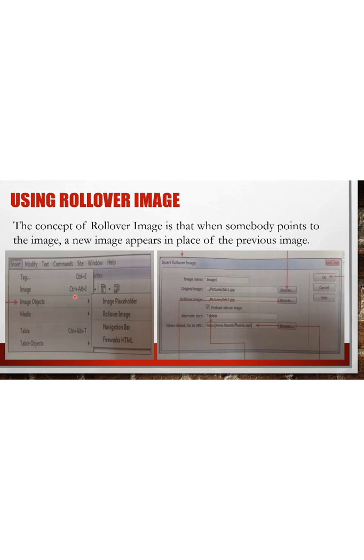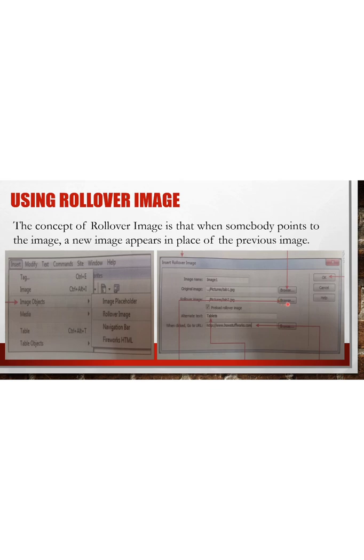Now how to use the rollover image? We have to click on the insert toolbar. Then under the insert toolbar, you can see the image objects option. You have to click on this, then click on rollover image. Then a dialog box will open for rollover image. In that you will be able to browse the original image and select the rollover image.